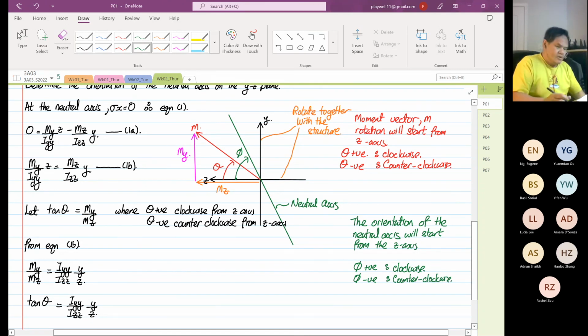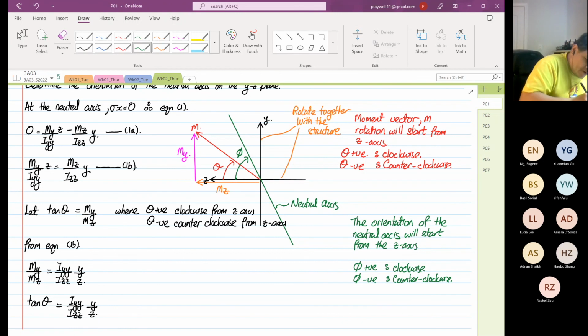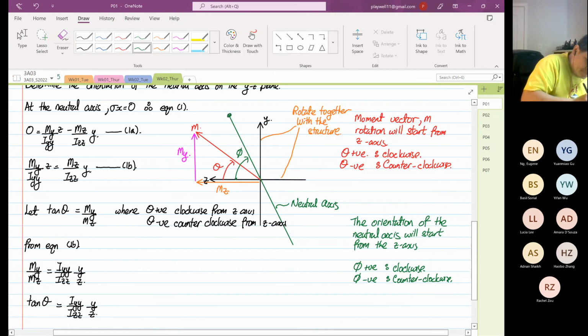If we have a dot over here, the dot will have z and y coordinate points. And we know